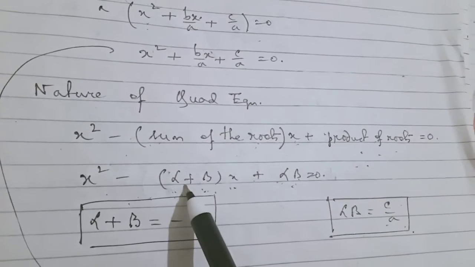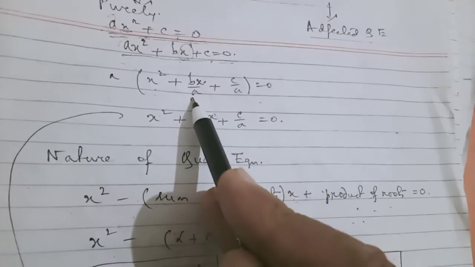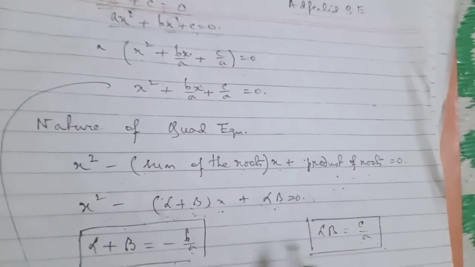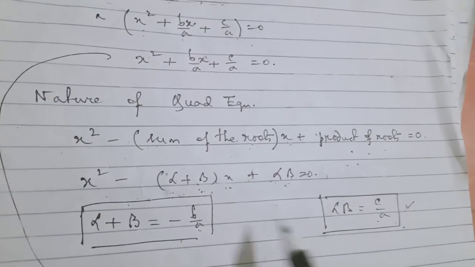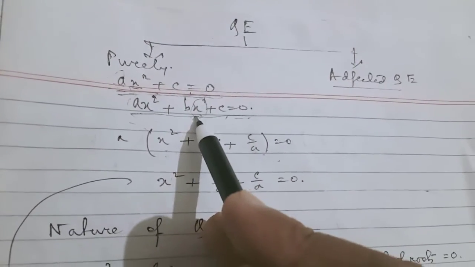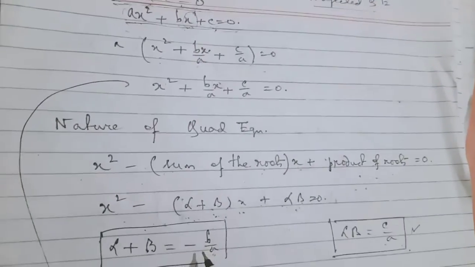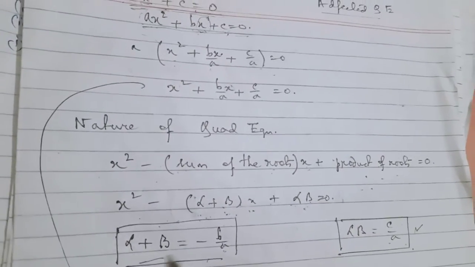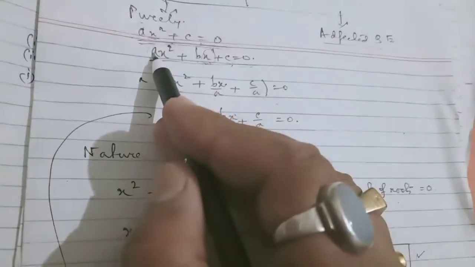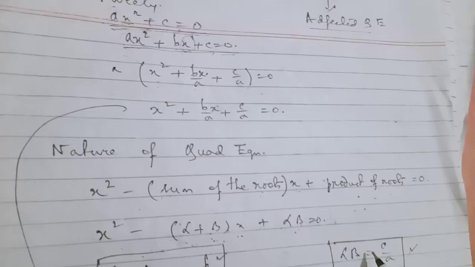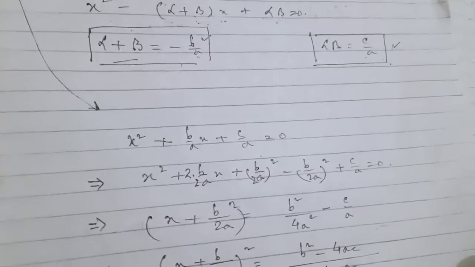So we come to the conclusion, sum of the roots is equal to minus b by a. Compare it with this one. Sum of the roots is equal to minus b by a. Product of the roots is c by a. Now what is b? b is the coefficient of x, a is the coefficient of x², c is the coefficient of x to the power 0. So we can also say in this way, sum of the roots is equal to minus coefficient of x to the power 1 by coefficient of x², and alpha beta is equal to c by a, meaning coefficient of x to the power 0 by coefficient of x².